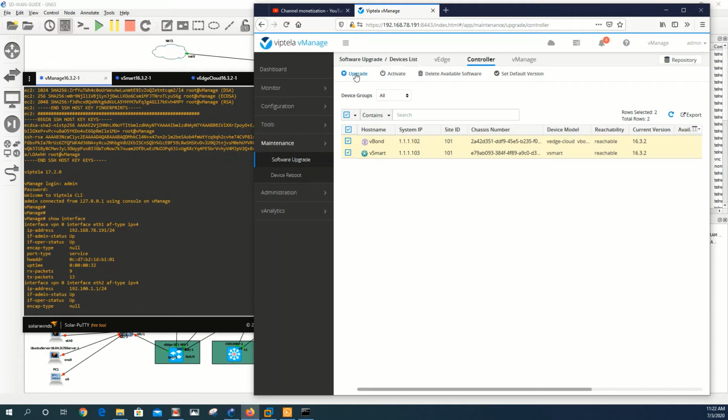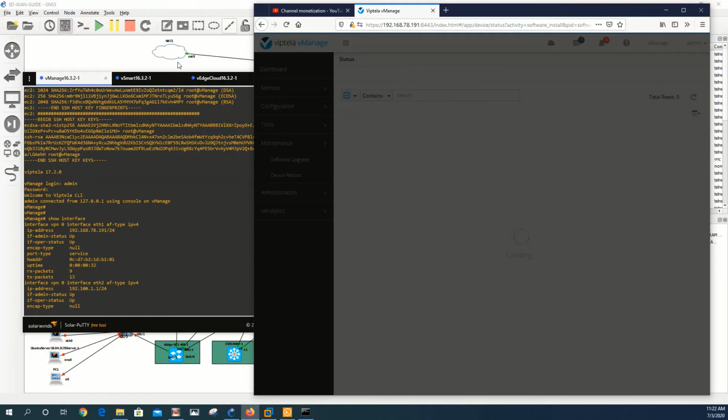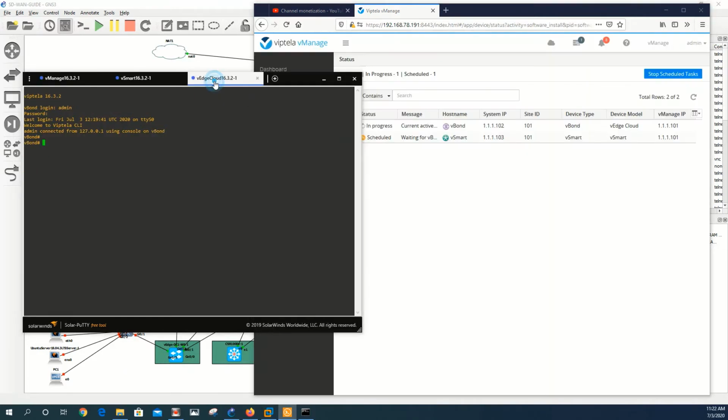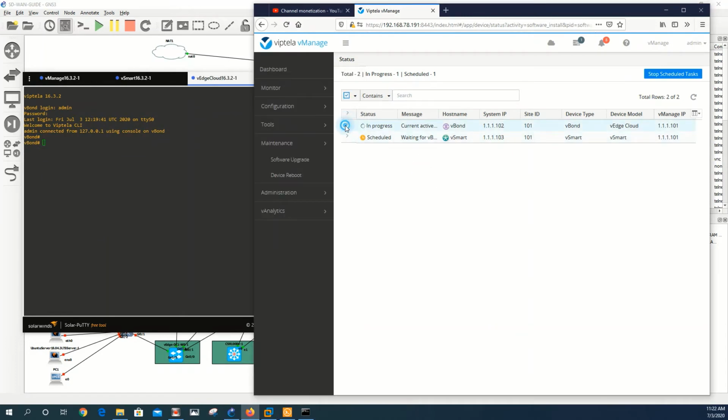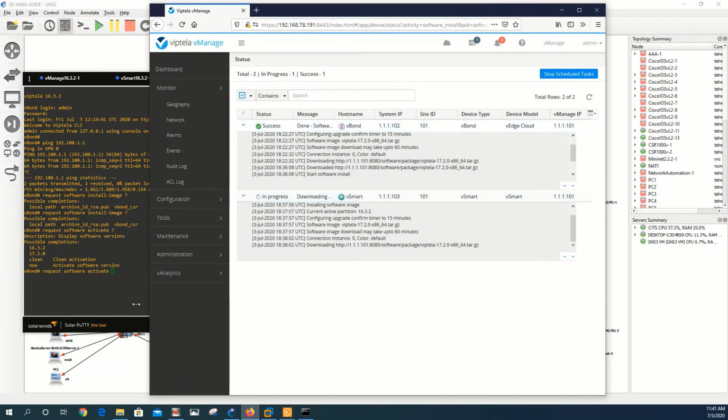We need to upgrade it on both controllers. So now you can see that it's been successfully downloaded on